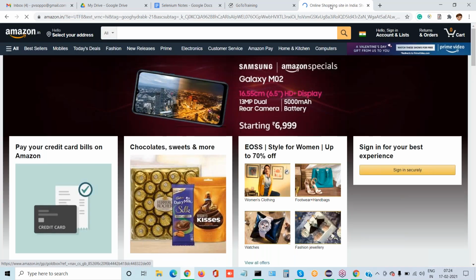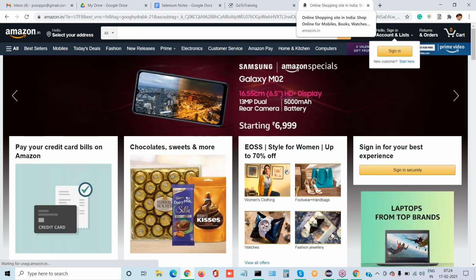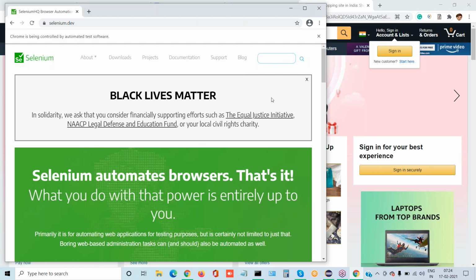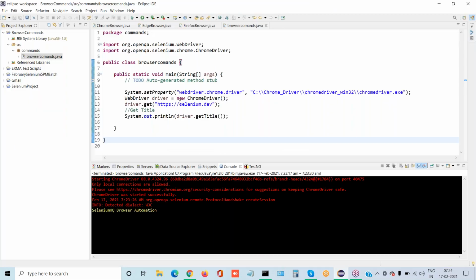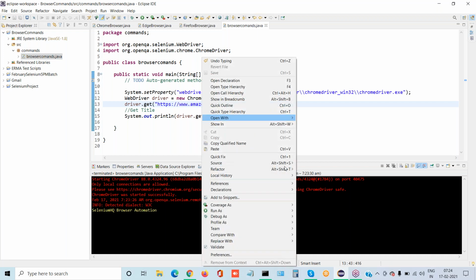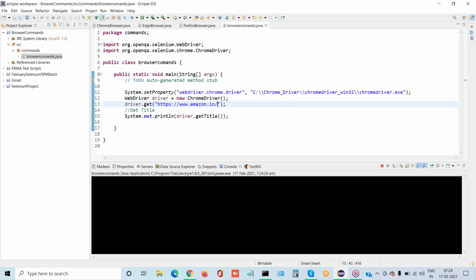Copy this amazon.in. This should be displayed. Change the URL to amazon.in. Guys, are you understanding what we are doing? Run as a Java application.